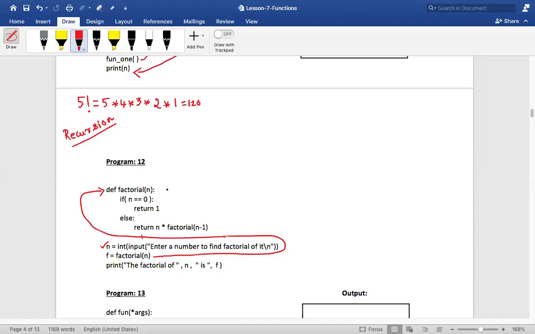Now, what happens? I'll start from here. So you called the function factorial, so I'll just name it as f. What is the parameter we pass now? 5, isn't it? So where are we? We are here. Once I enter the function, what am I writing over here? If n, that is 5, is it equal to 0? No. So what should I do? I'll have to go to the else part, correct? So in the else part, what is there? Return,